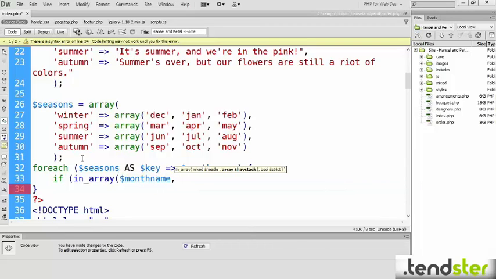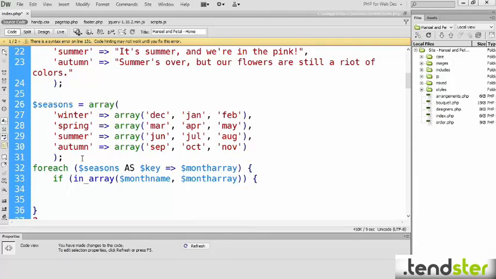And the second argument is where we're looking, and we're going through each array, each month array in turn. So it's month array that we're looking in. And then we need our little curly braces. That creates our conditional block. So if month name, if the first 3 letters of the month are in the current array that we're looking at,